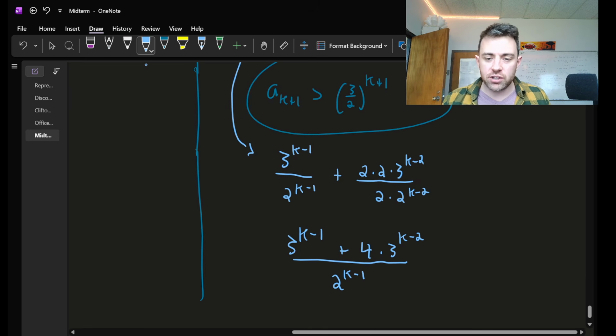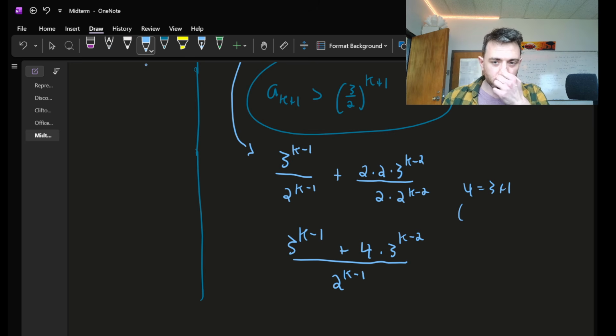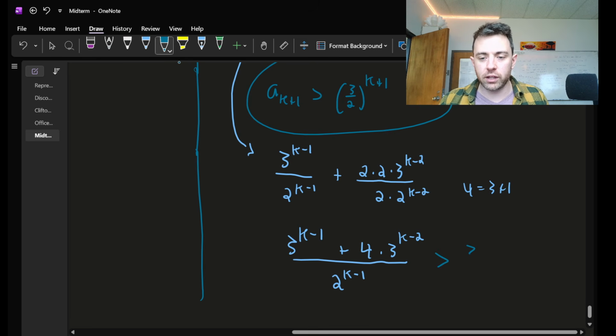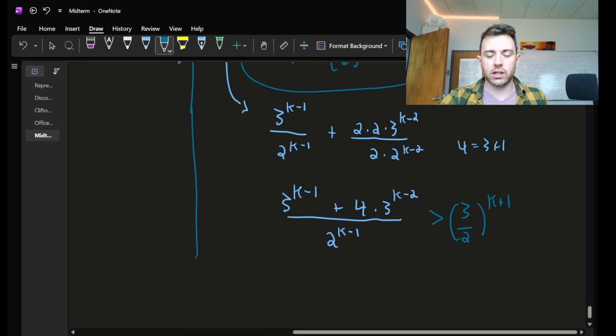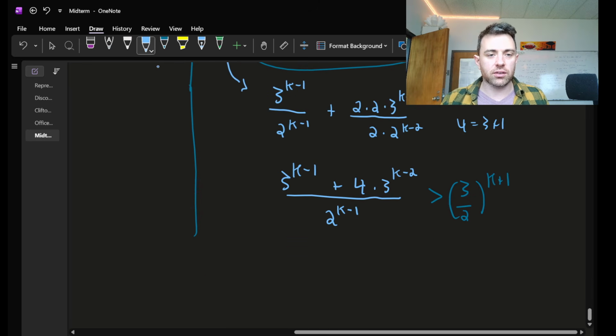Now probably I see that 4 and I'm already suspicious. I'm like, well, 4 is equal to 3 plus 1. So I'm suspicious. Maybe it will help me to write that as 3 plus 1. Might get some more multiples of 3 in here. But let's hang on for a second. What am I trying to prove? I would like to show that this is bigger than 3 over 2 to the k plus 1, right? So if I can argue that this thing is bigger than, well, I can get rid of the